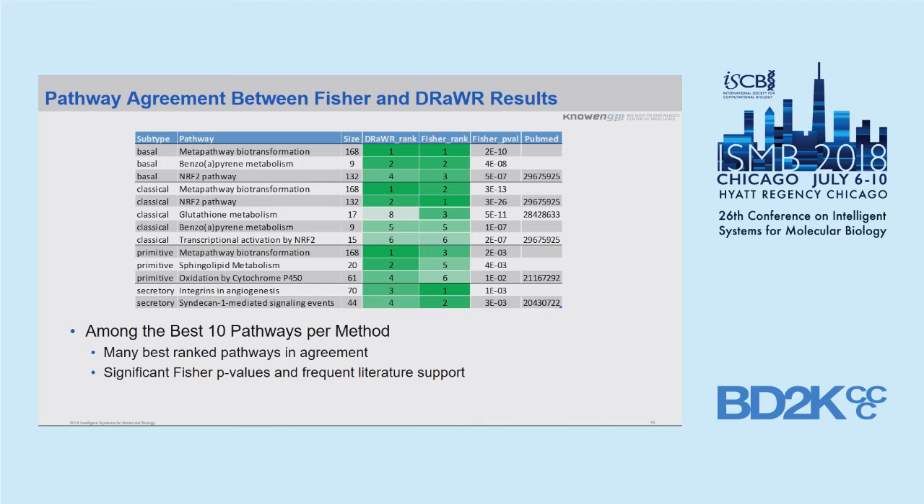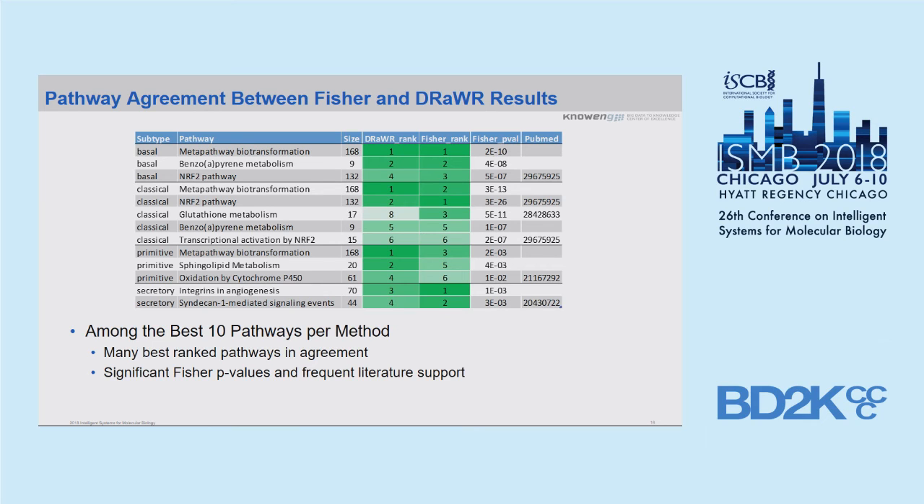And I focused on just selecting the best 10 pathways per method. This first table shows you the pathways in which both methods agreed. The colored columns show that both methods ranked that pathway particularly high for the subtype. The Fisher p-value column shows that the standard enrichment was very significant. And then the final column: for many of these pathways, there's literature evidence that they are involved in esophageal squamous cell